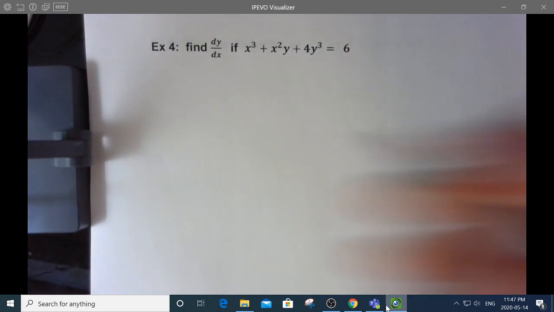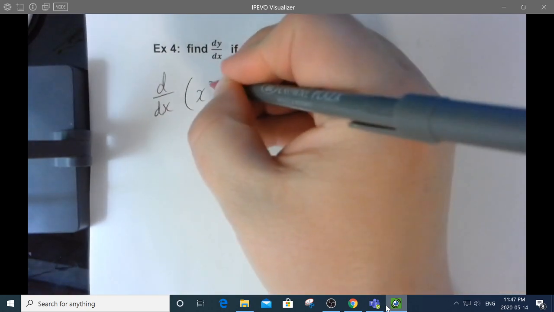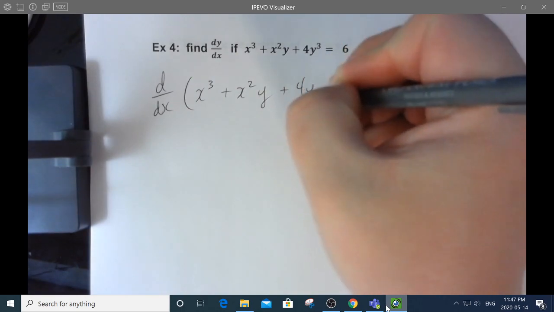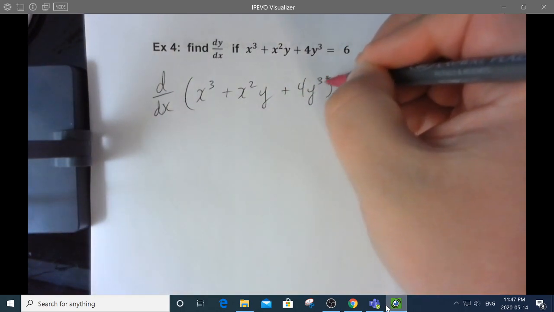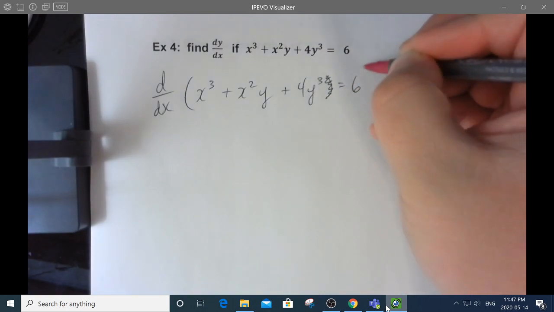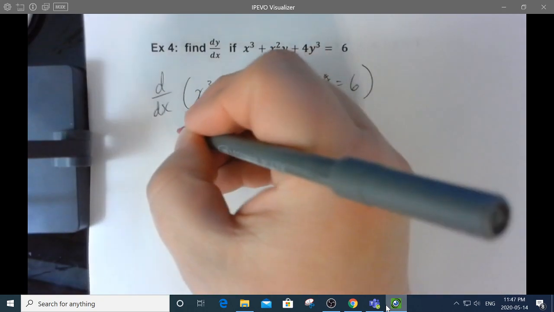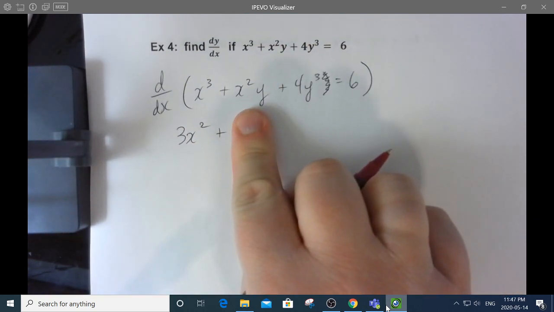So I'm going to find d/dx of my equation. Oops. Oh well, I'll just get rid of that. Sorry, didn't mean to put that there. This is the problem with writing in pen. And let's see, that's going to be 3x squared plus, okay, now I have to use